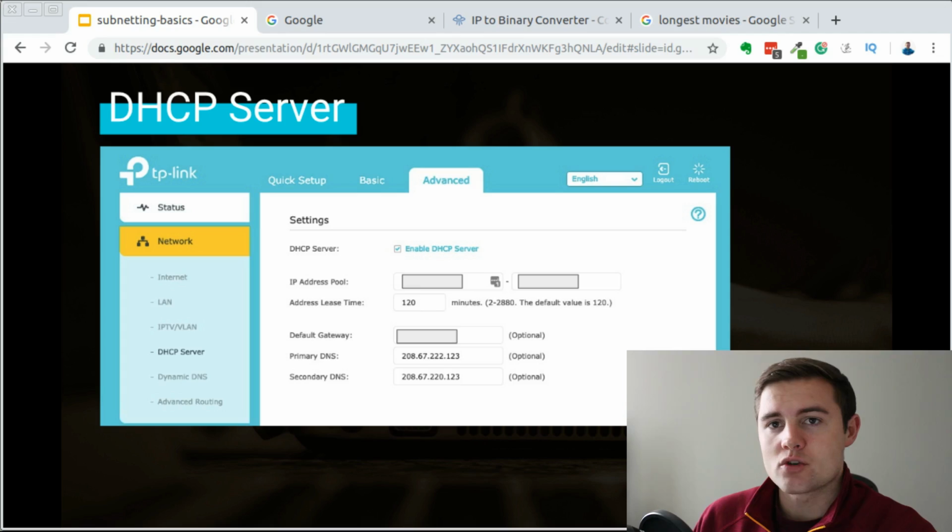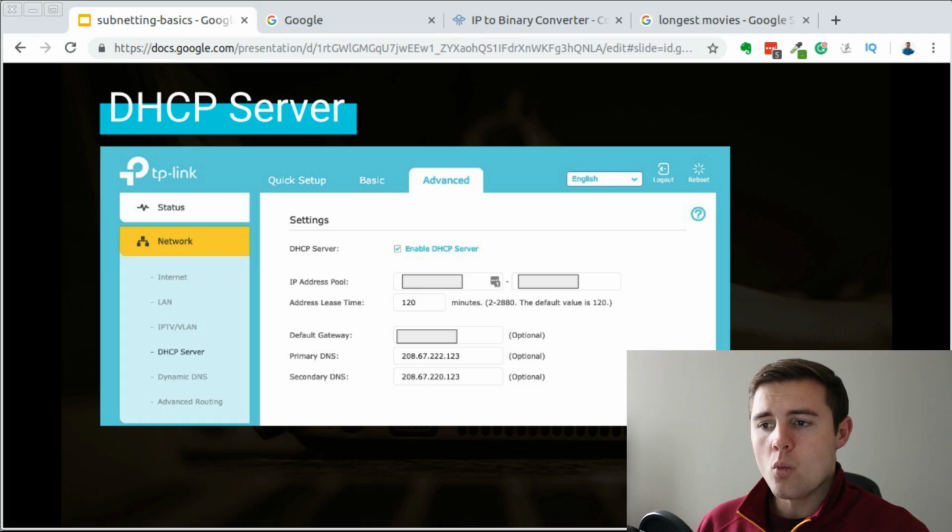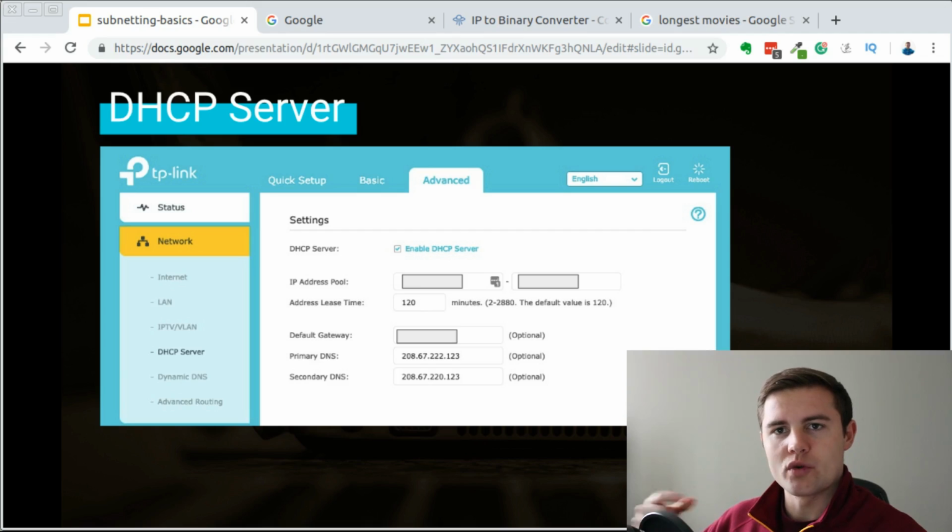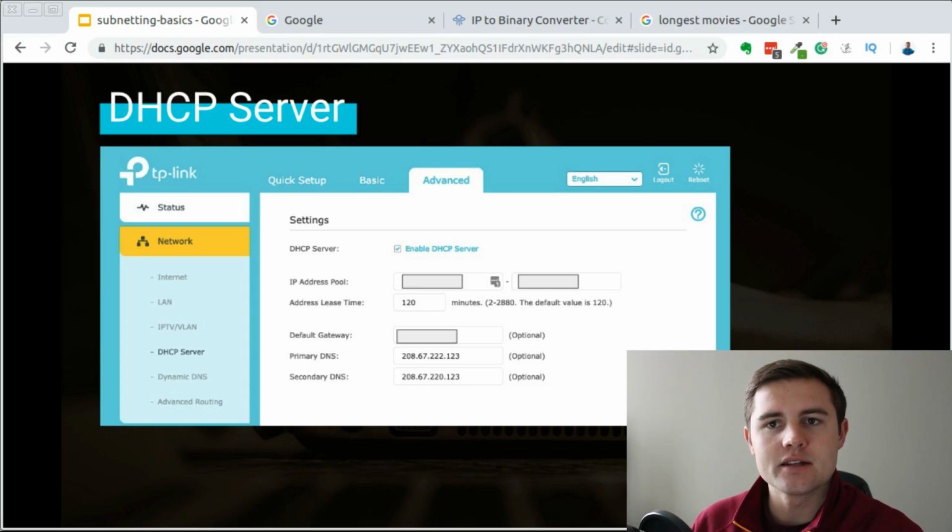Now, the way that most routers are going to do this nowadays is using what we call a DHCP server, which stands for Dynamic Host Configuration Protocol, and is a modern way to dynamically assign IP addresses to different devices. And this is the reason why your computer's IP address is going to be changing. Like if you restart your computer, or maybe just every so often, it's going to be changed because of this